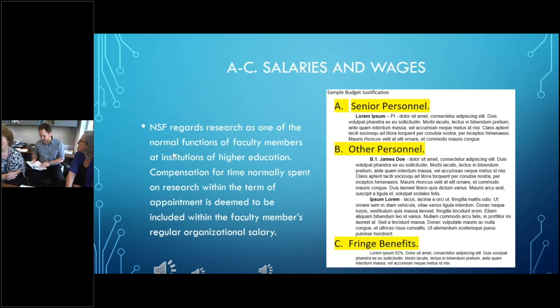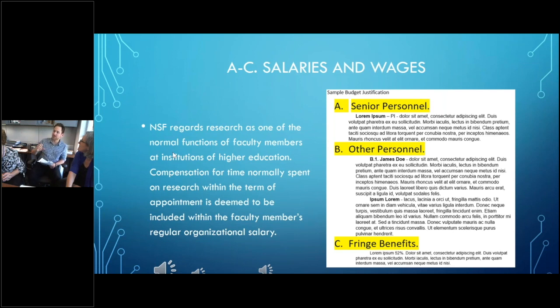Okay. So as Ellen said, and I said, we're going to jump into each of these little categories here. So the first one we're going to talk about is the senior personnel and salaries and wages section. So with salaries and wages, you want to make sure that everything is broken out and tied back to not only the budget, but also the narrative. So for example, as you can see, the PI is listed here. Obviously, this is a sample budget justification, so we're not giving away personal data. And it lists their responsibilities, it lists their duties, it lists their salary, how it's broken down year by year,